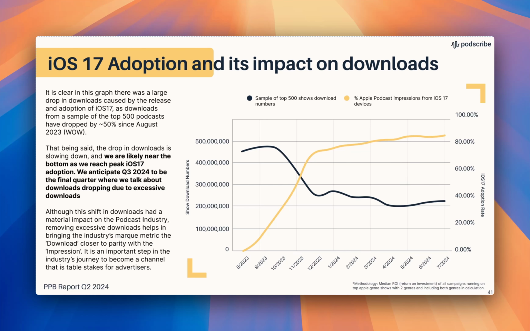One important thing to call out here is that, as an industry, the term download can be a challenging thing for some buyers to wrap their heads around immediately. Especially buyers in other channels, who command hundreds of billions of dollars in annual ad spend, impressions are a very common way to buy things. The more downloads align closer to impressions, the more buyers feel comfortable dipping their toes in or expanding their efforts in the podcast space. Hopefully we now have a lot more trust and faith in buyers in what they're buying. And so that's iOS 17.